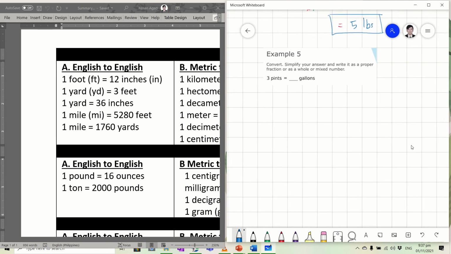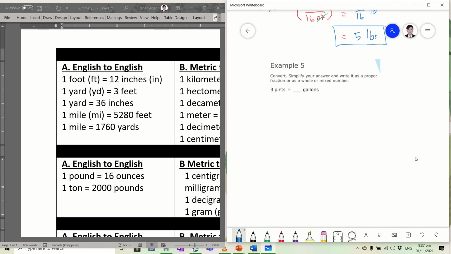Okay, now, example 5 should be our last example. We are asked to convert 3 pints to gallons. So normally, pints are in ice cream. So you will notice that if you are availing